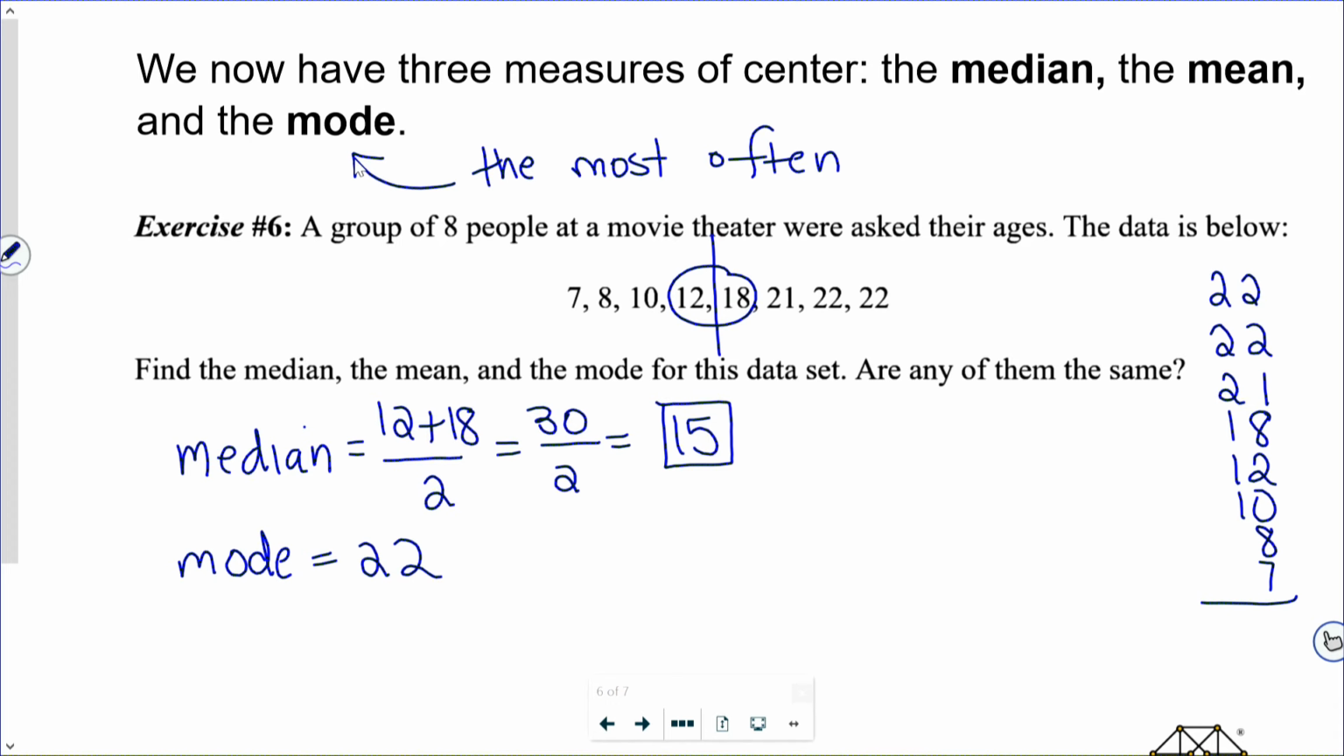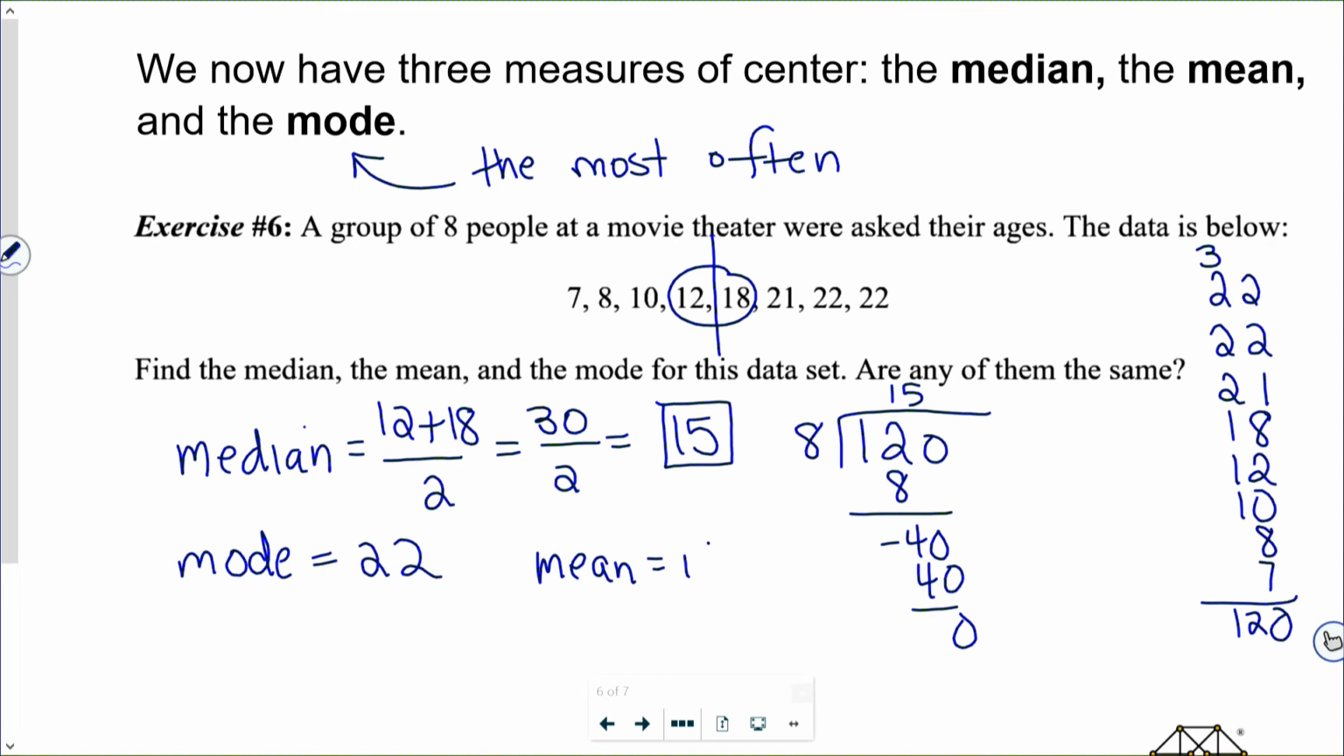We got 8 plus 7 is 15, plus 2 is 17, plus 8 is 25, plus 1 is 26, 28, 30. Right? 3, 5, 7, 9, 10, 11, 12. We've got 120 as our sum. We're going to divide that by 8. 8 goes in there one time. And 5. So our mean